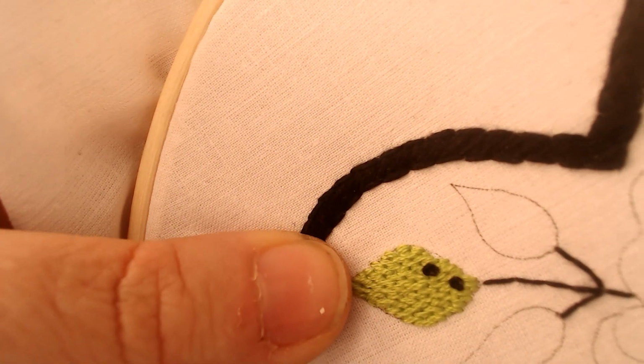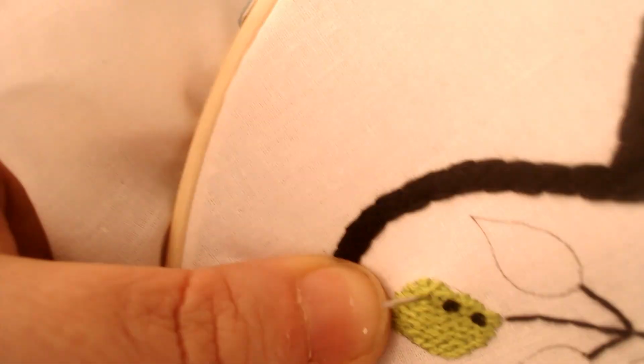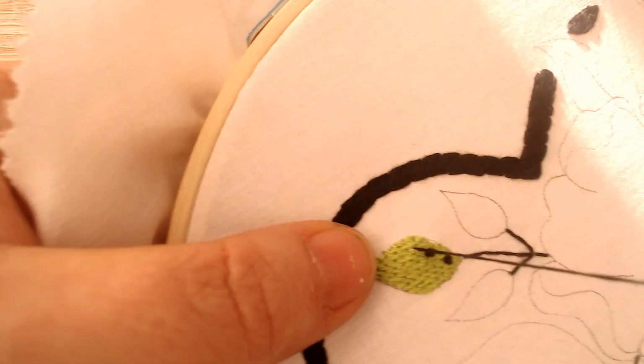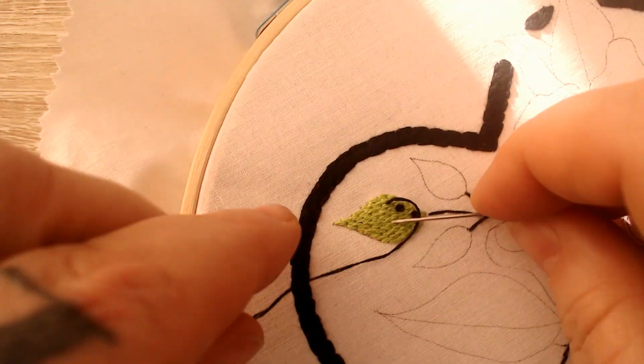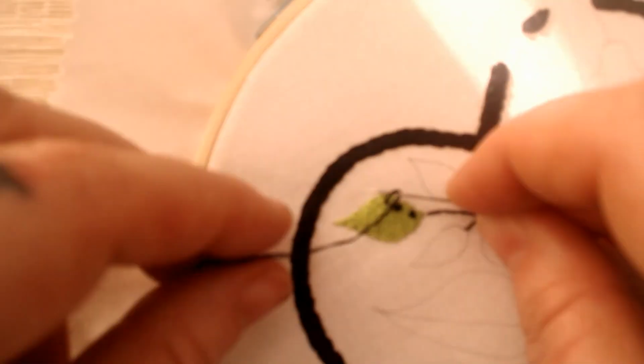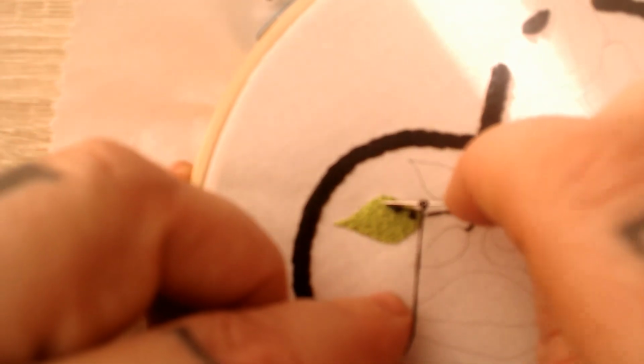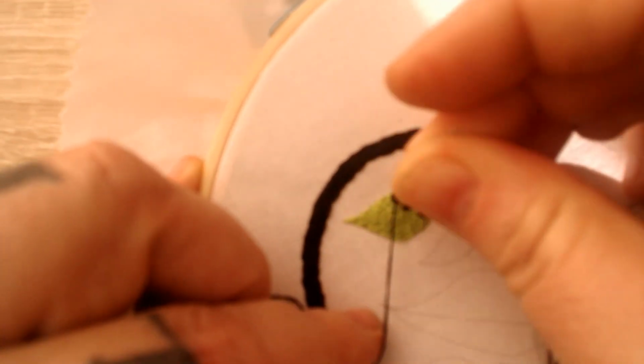So I'm going to keep doing these along one side randomly. Make a C, needle under the top of the C, thread over the tip of the needle, push it through next to where you've come up,